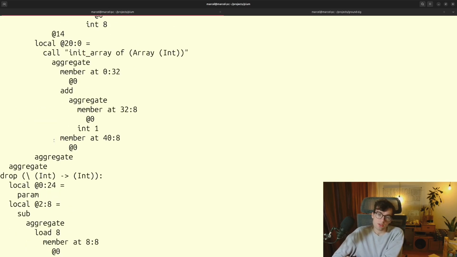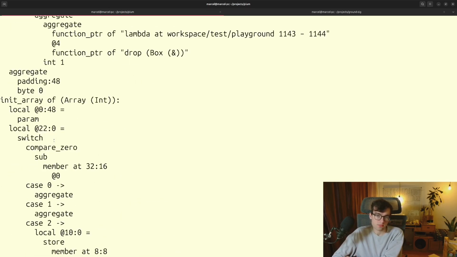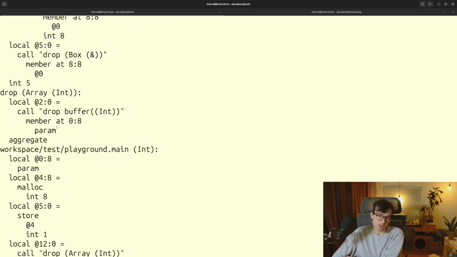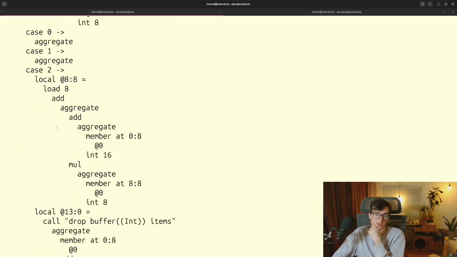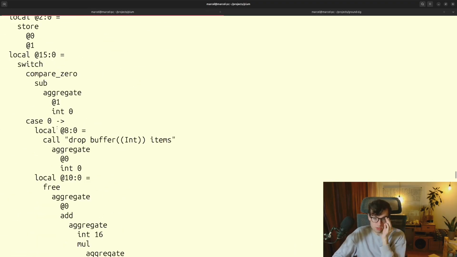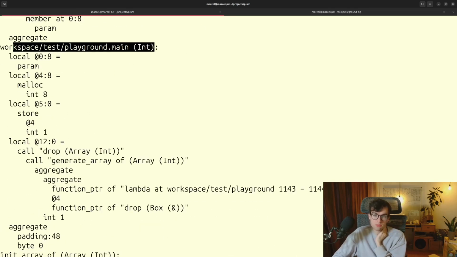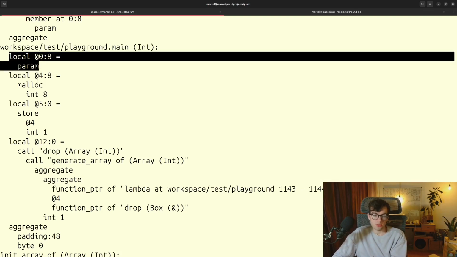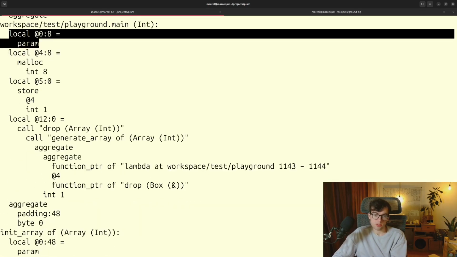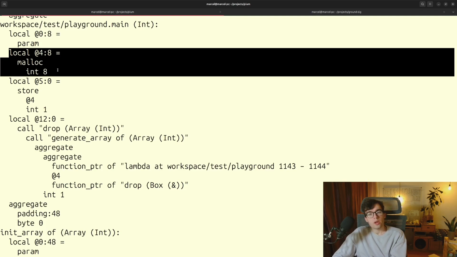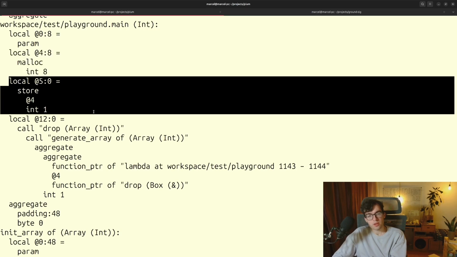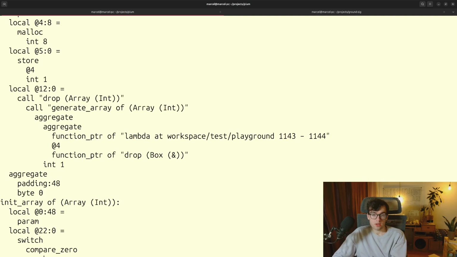Let's see how this works. Today we start at the main function and see how ownership propagates through these functions, because it should be manageable to track, I think. We are given a parameter, okay, we don't care about that, that's just an int. We allocate 8 bytes. We store a 1 in there, a reference count. Then we call,